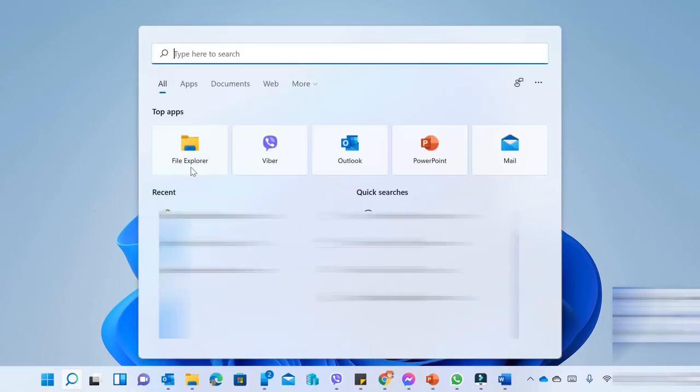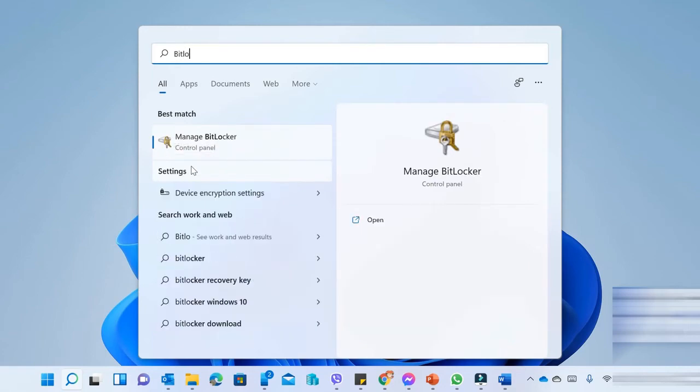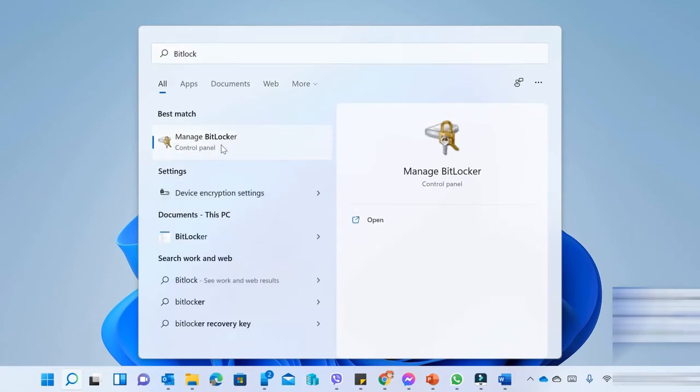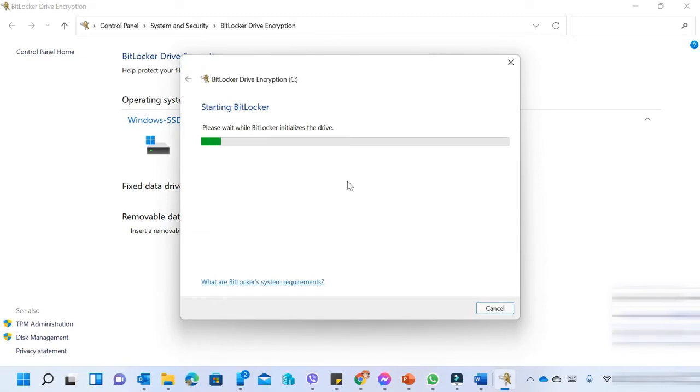Or just go to your search button, then search BitLocker. Here you can see BitLocker Drive Encryption help protect your files and folders from unauthorized access by protecting your drives with BitLocker. All you have to do is just click Turn on BitLocker,